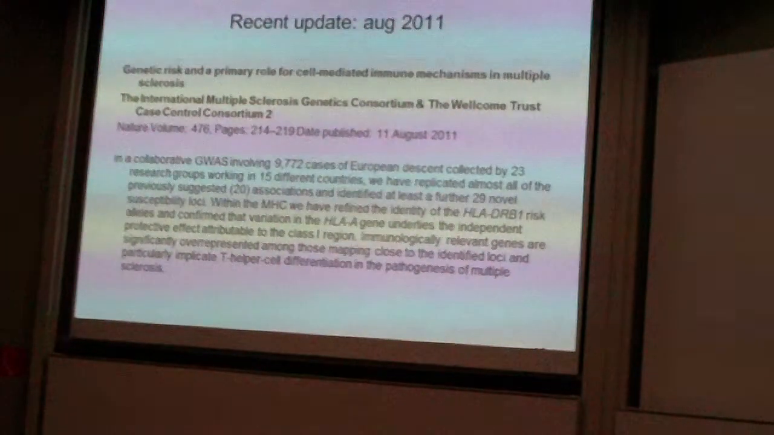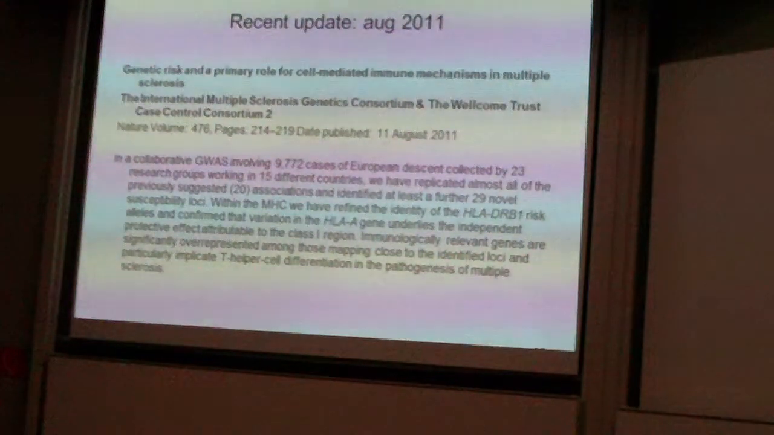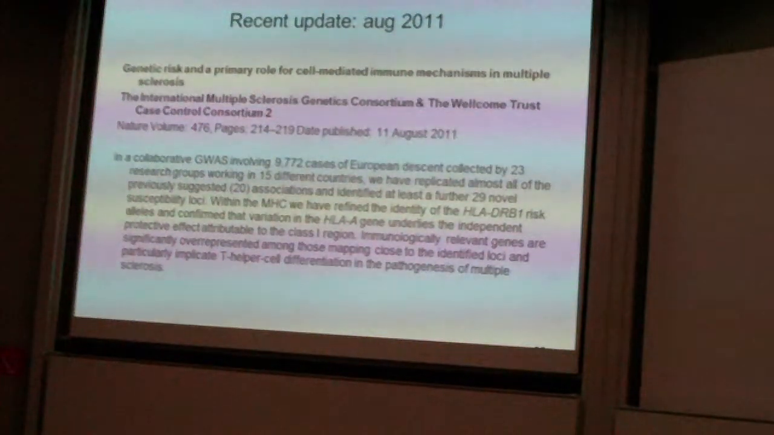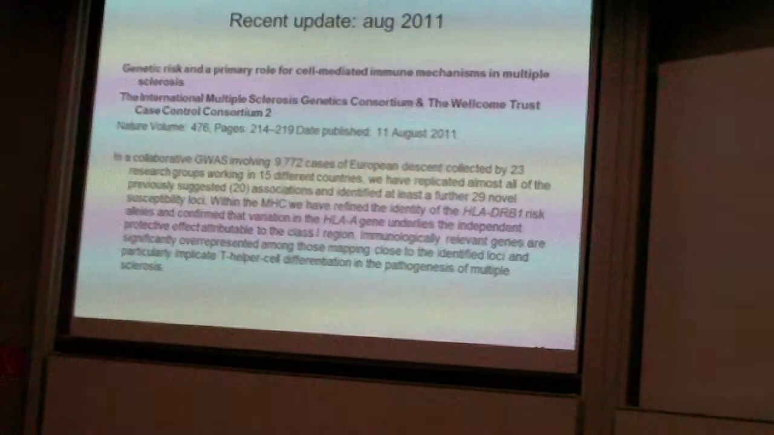And what came out of the study, again, HLA, also the IL-7 receptor, IL-2 receptor, and a lot of immunologically relevant genes were overrepresented among those mapping close to the identified loci, and particularly implicate T helper cell differentiation in the pathogenesis of multiple sclerosis. So again, it confirmed for some people that MS really is an immune disease, but that of course we already knew. Therefore, we don't need these studies of 10,000 individuals. Some interesting genes were picked up,